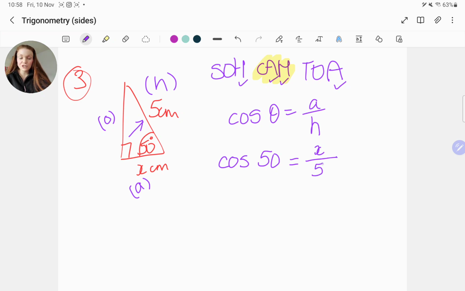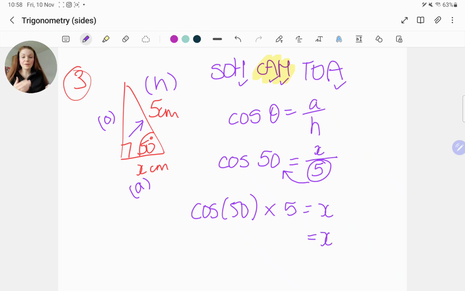So then what we're going to do is rearrange again. So we're going to move the 5 over there. So we have cos 50, again, don't forget, because on the calculator we will be closing our bracket, times 5 equals x. So x equals, so far we've done one of each of them, so this gives us a cosine one. 50, remember cos 50, close your bracket, okay? Multiplied by 5 gives us